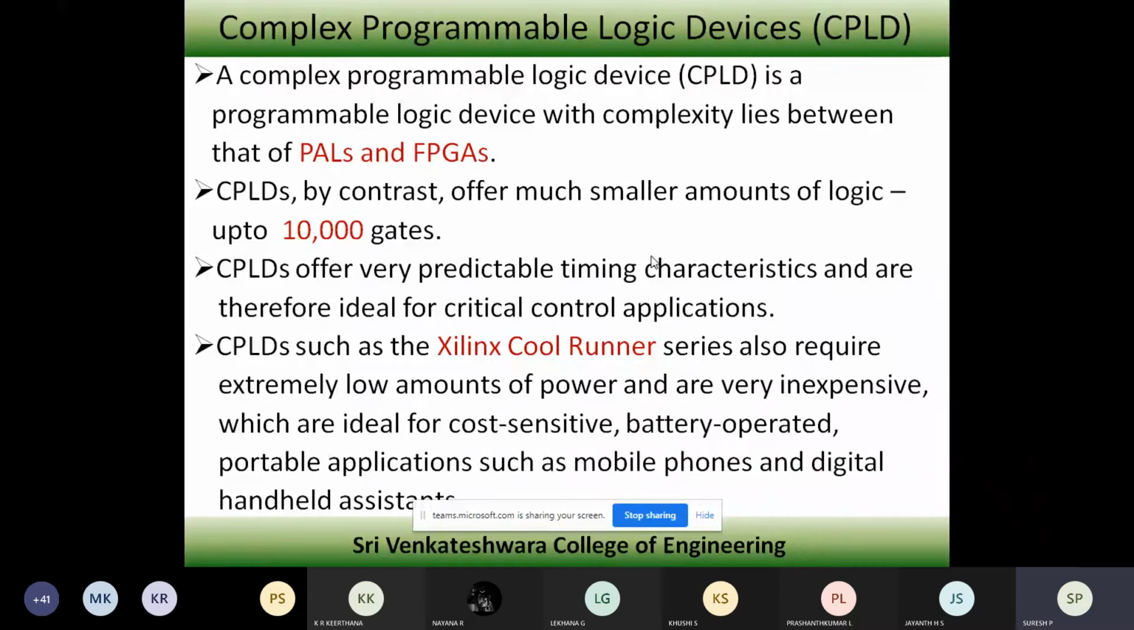So it is going to have very predictable timing characteristics, and therefore it will be ideal for critical control functions. Okay, so therefore it will be ideal for critical control functions. So now if you take the CPLDs,